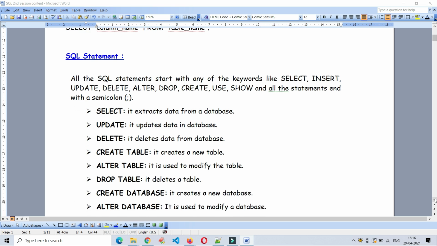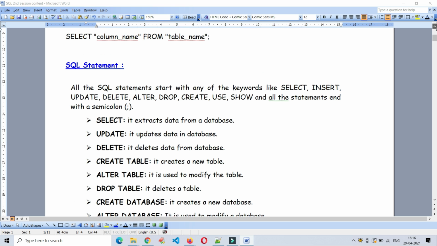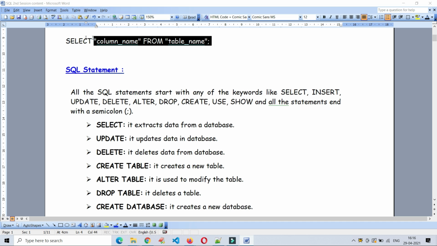What is a SQL statement? See, this is one SQL statement. A SQL statement is a statement that follows one syntax while preparing it, and its main purpose is to retrieve data from the database, to modify data in the respective database table, to add something, to delete something, to modify something, to add a column, to add a constraint, to remove a constraint, to remove a column, and so on.